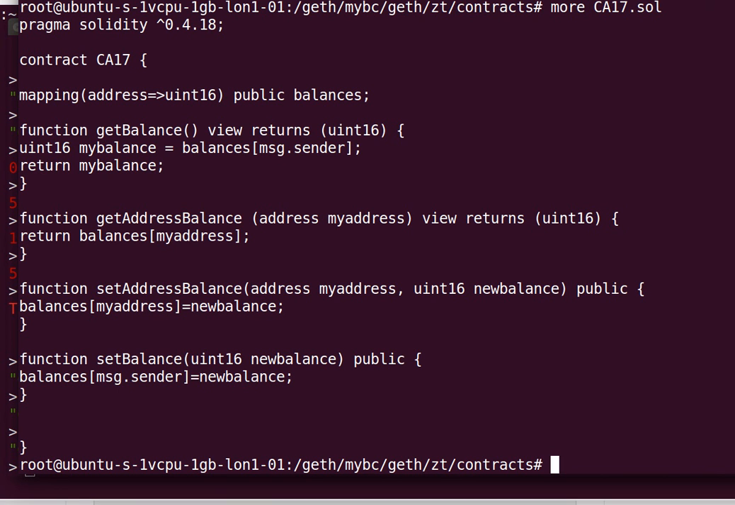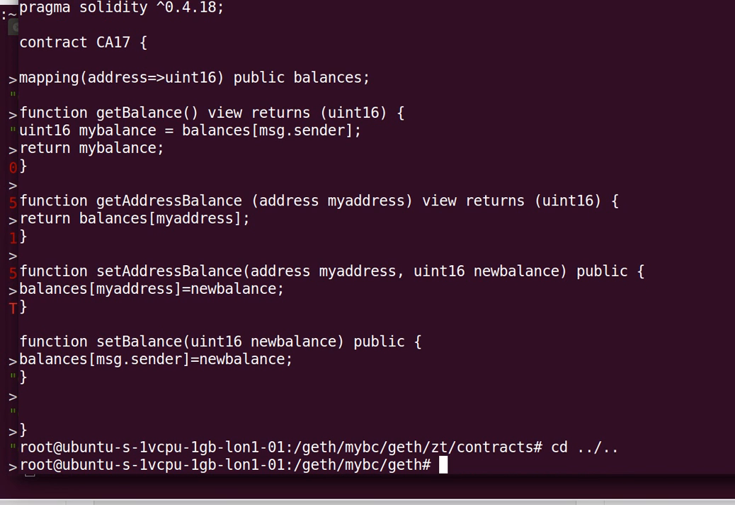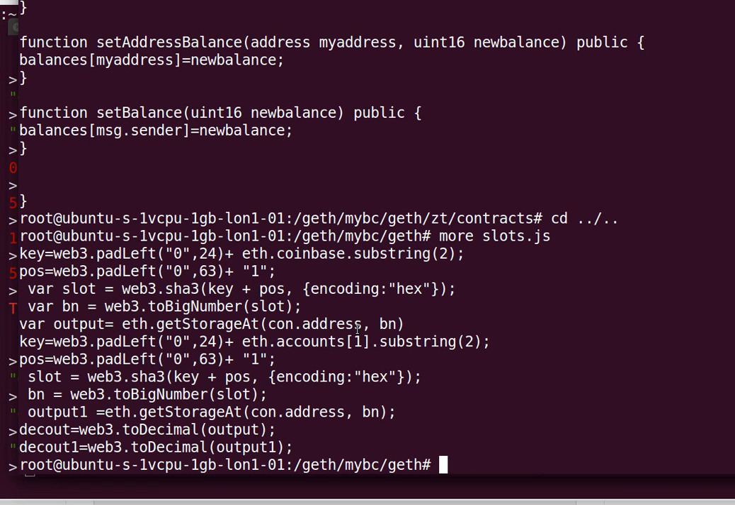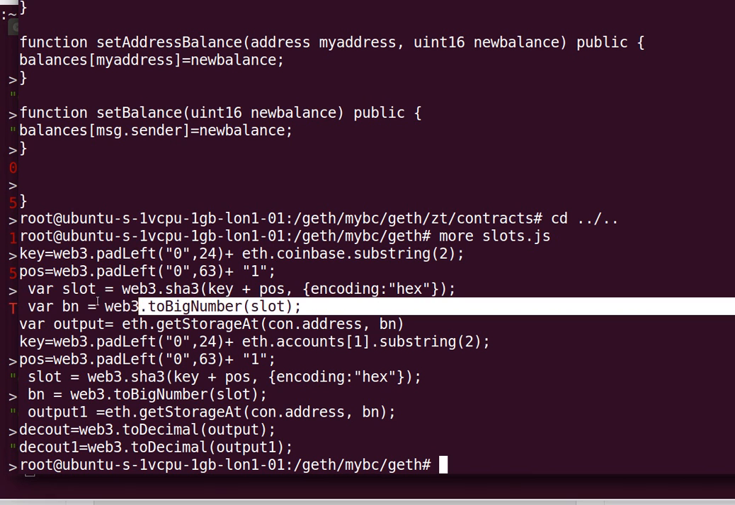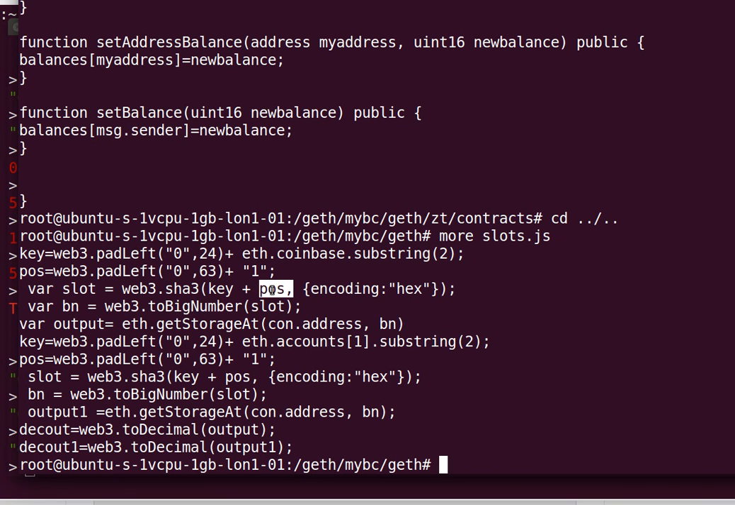Okay, so this one is looking at how to access the storage for mapping, and you're going to use the same contract here shown on the screen. And if we come up a couple of levels, I've actually written a script here called TT4. No, that's not right. It's called slots.js. So what this does is apply the formula here, key plus position, which is how we find out the